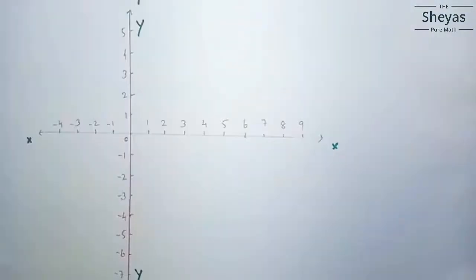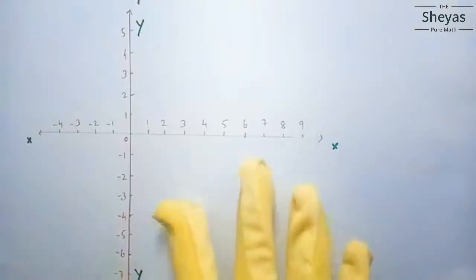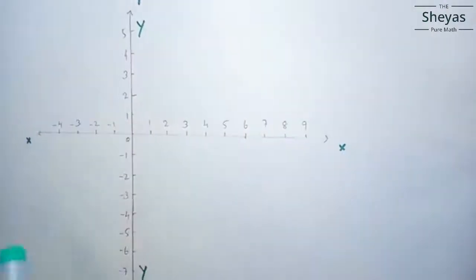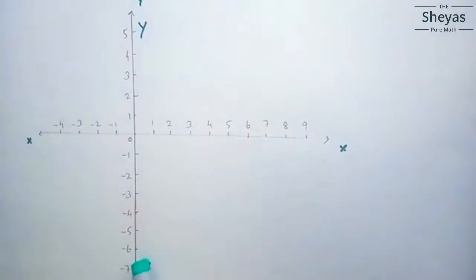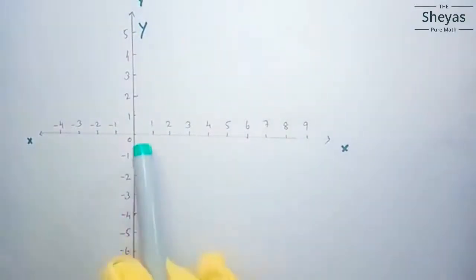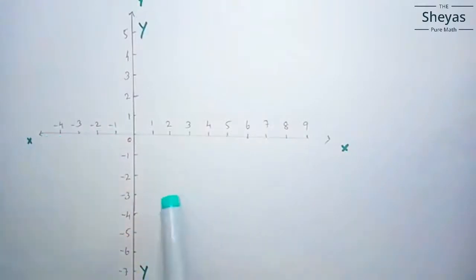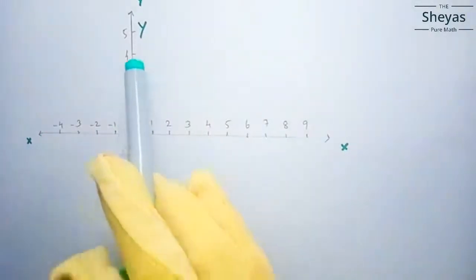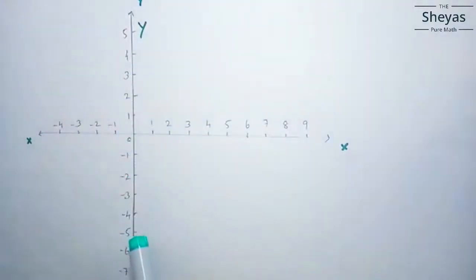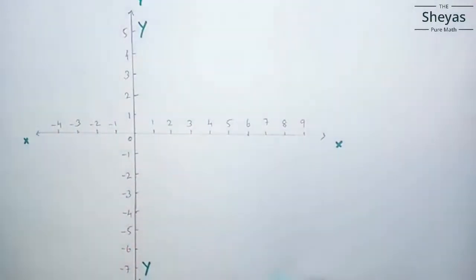Now let us plot the graph. So I am taking the x-axis 1 unit and the y-axis 1 unit. Just see 1, 2, 3, 4, 5, 6, 7, 8 and then minus 1, minus 2, minus 3, minus 4. Then 1, 2, 3, 4, 5, minus 1, minus 2, minus 3, minus 4, etc. It goes on. Now we can plot the first graph.